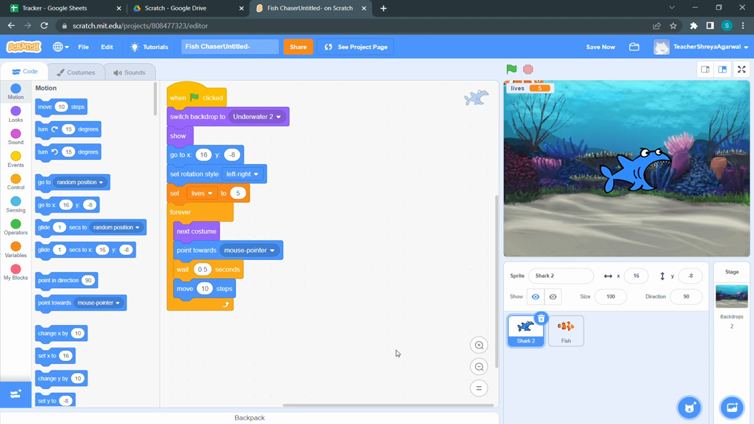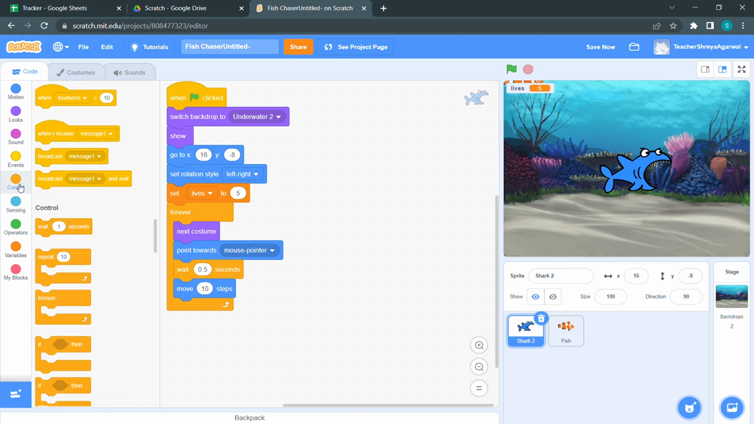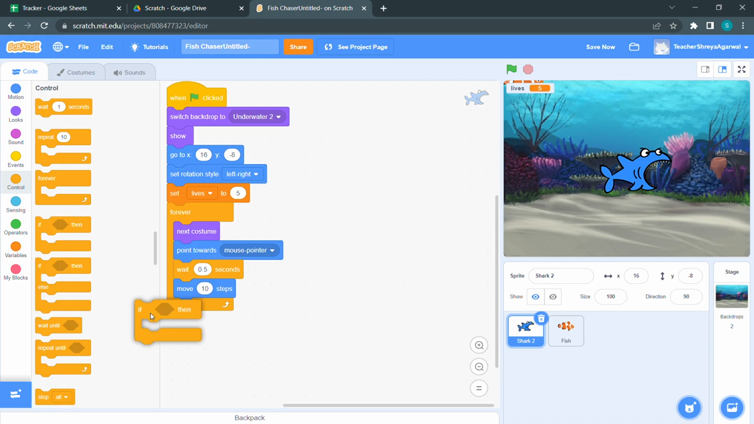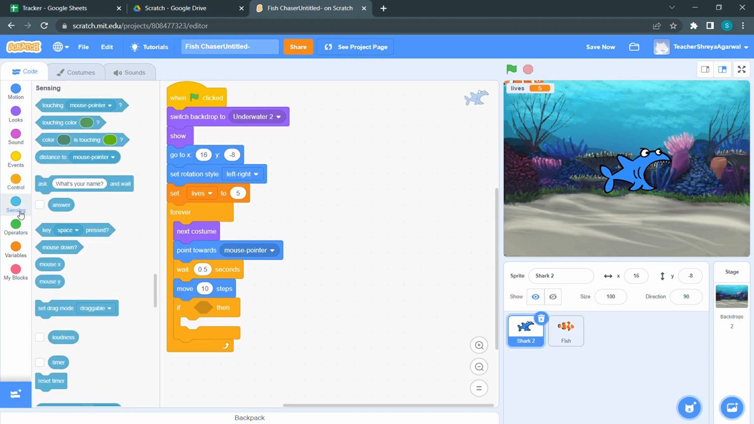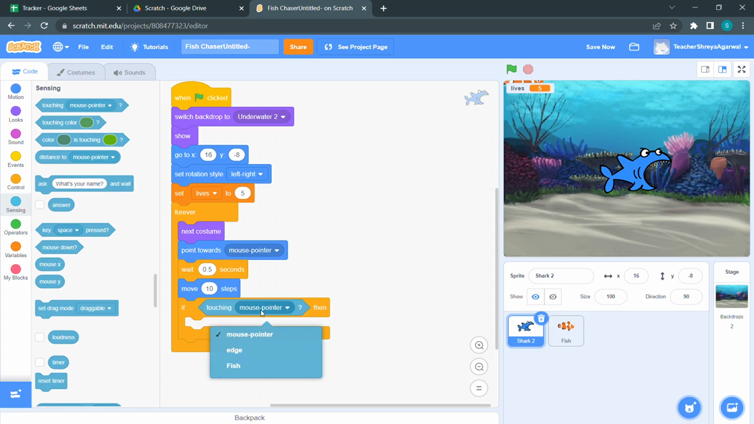Now I want to code for if the shark touches the fish, then what happens? For that, I'm going to go on to the control section, grab the if then block, and I will be putting in the code from the sensing section. I'm going to do if touching, it says mouse pointer right here, but instead of mouse pointer I'm gonna select fish. So if it is touching the fish, I want to play a sound that is